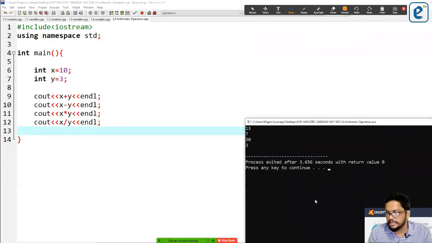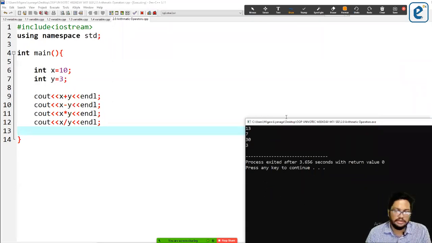Yes, it's 3. What's the reason? Integer division, right? Actually it's 3.33, but since these are integers, that part will be neglected.